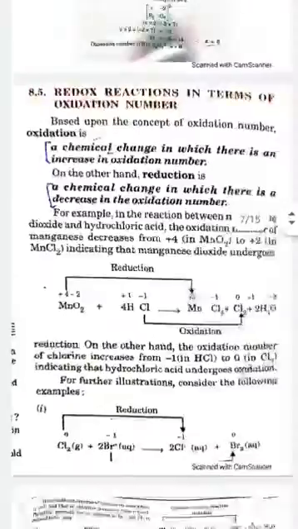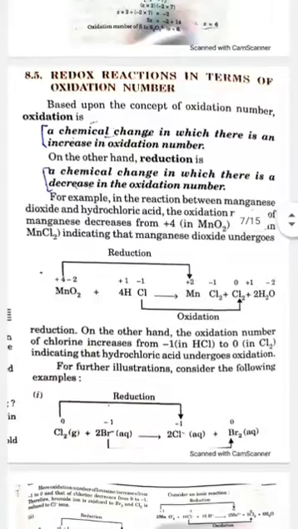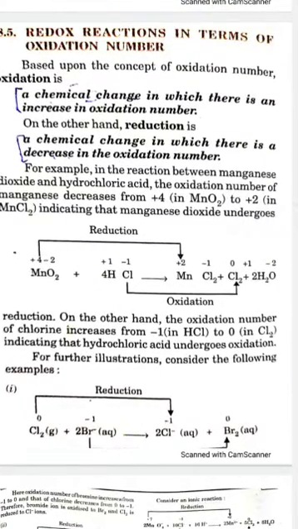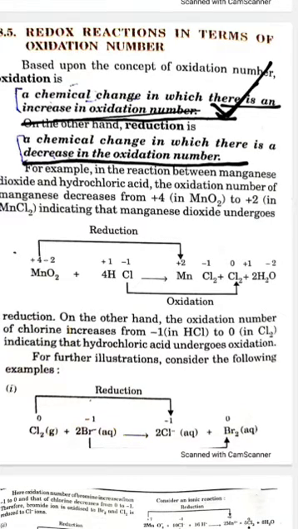Now this is another concept. So many definitions you have got now of oxidation and reduction. Another definition is being added to your list of oxidation number key definitions. Oxidation is that chemical change in which there is an increase in oxidation number. So if oxidation number is being increased, it is oxidation. If oxidation number is being decreased, it is reduction.